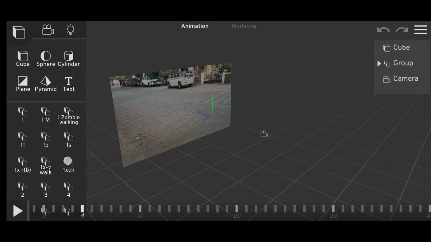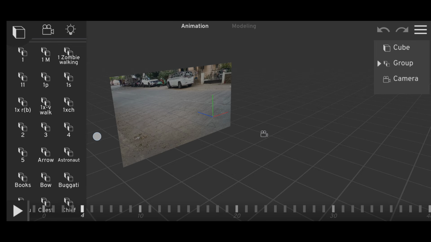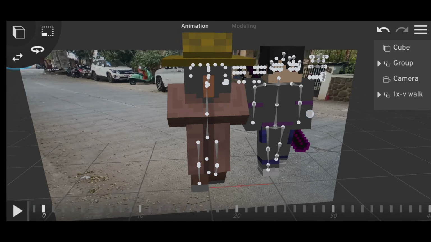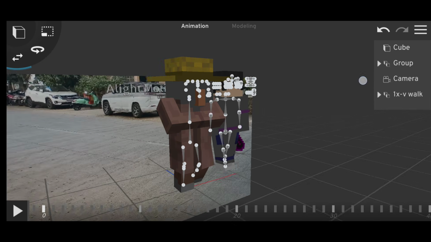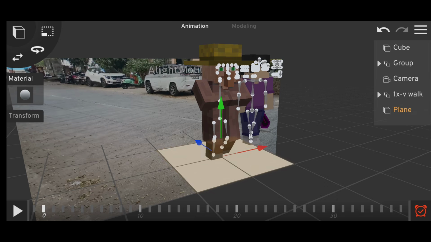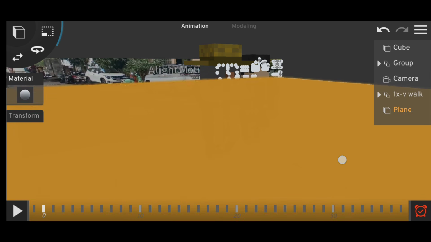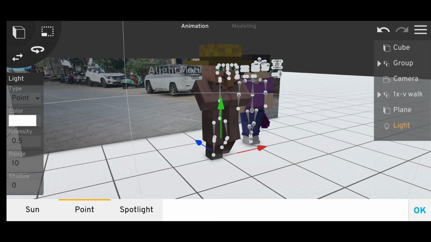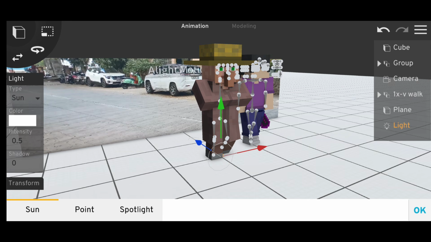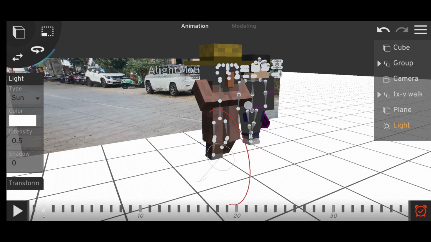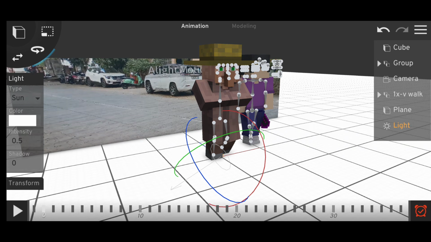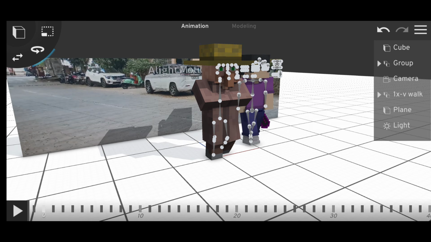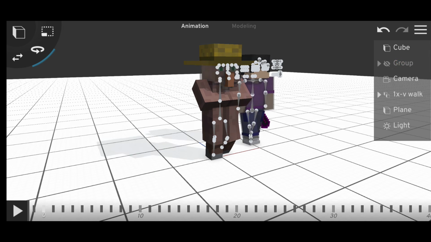Here I'll add a scene, like so. Suppose I want to add this scene into my tracking. So for that, first prepare your scene. Like I'll add a plane here, and then add a light also. Okay, so for now let's just hide the video,